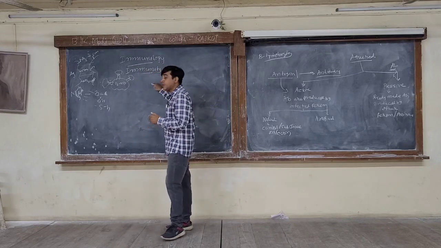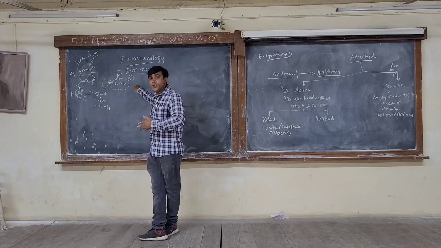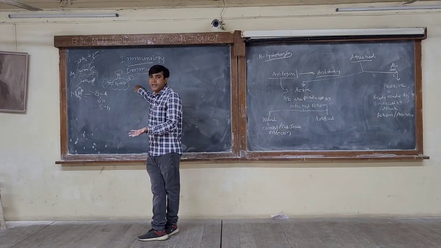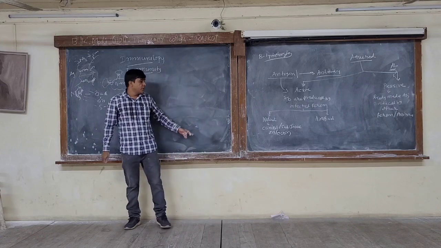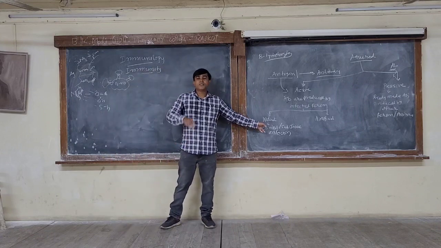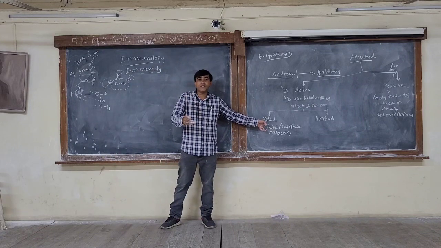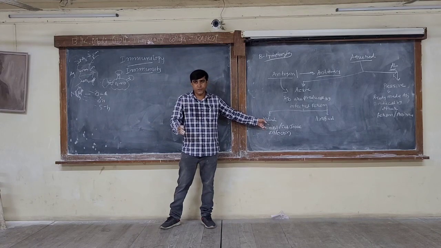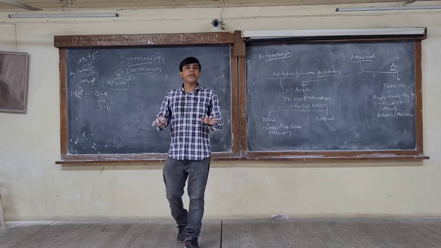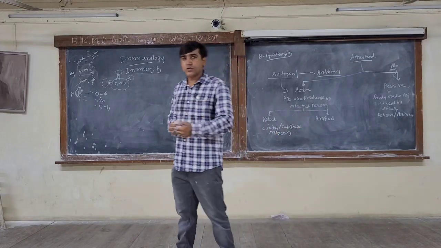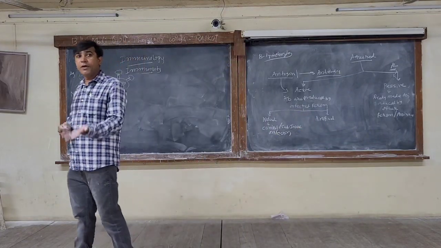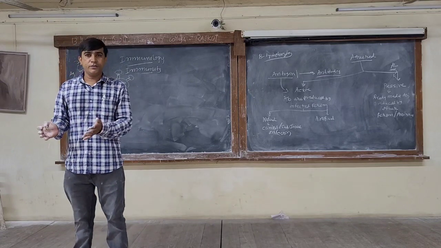So on first exposure, sometimes the body may not be capable of utilizing that antigen, may not be capable of killing that antigen, and that's why we may experience the symptoms. That is called clinical infection. Sometimes the body is capable of killing the antigen on the first exposure itself, so we never experience any clinical symptoms, and that is called subclinical infection. In COVID also, you might have experienced that your family members suffered from COVID and you didn't.